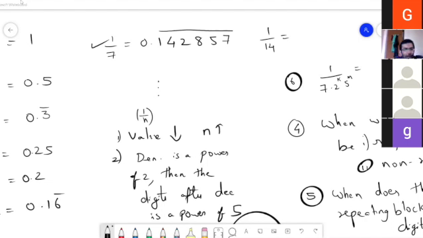Exactly. And Bhagyashree ma'am is saying that whenever I multiply 7 with any power of 2, the length of the repeating block is always 6. Yes, that is interesting. So it is a product of 7 and 2 or 5. With a power of 1, we have 1 place after the decimal point, and after that we get 6 digits repeating.